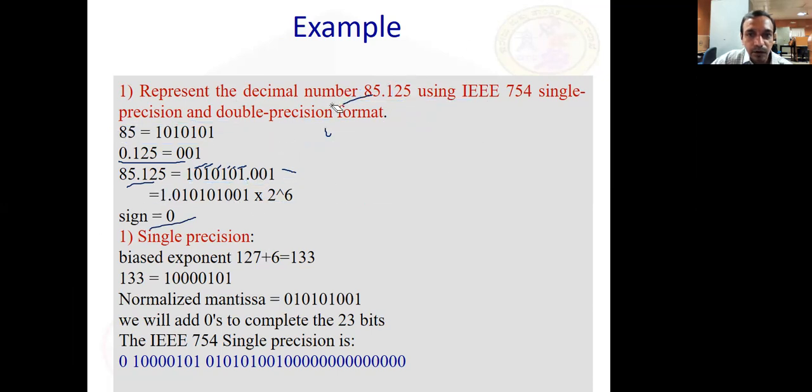Given a decimal number, both the fractional part and the integer part, you first convert it into a binary number. Once you convert it into binary, use normalization to have the significant digits properly. To the left of the binary point, there should be a non-zero 1. Then however many positions you shifted, you multiply with that exponent. Sign bit is 0. Single precision format.